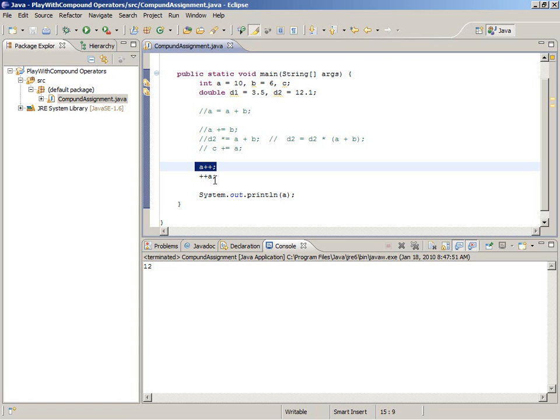So these are not different. This is a post increment and this is a pre-increment. But the trick here is pre and post what? And there's nothing else in the expression. So they're the same. But when the expression is more interesting, when there's something else to do,